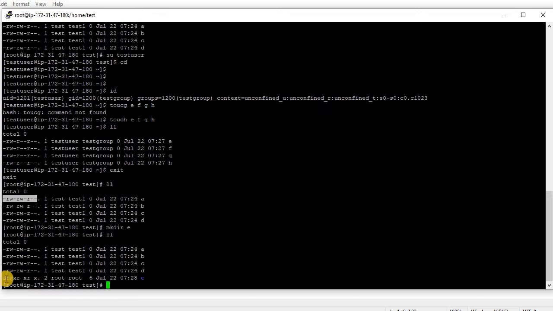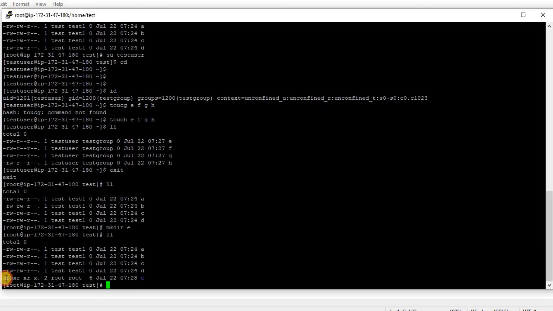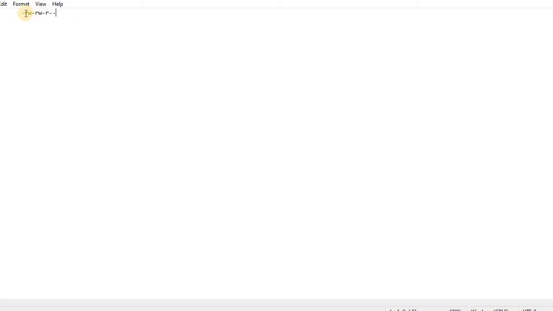This is showing D, which means it is a directory. These all are files, and this is a directory. So this first one you can avoid, it has nothing to do with permissions or ownership. It is simply telling whether it is a file or a directory.